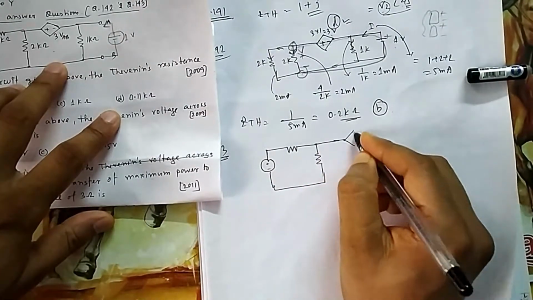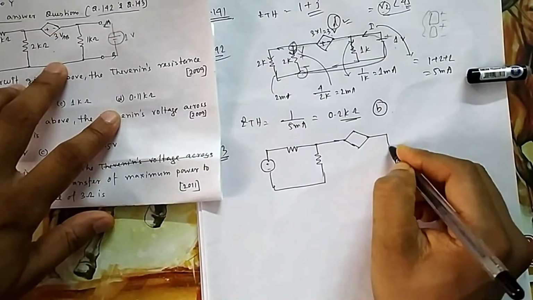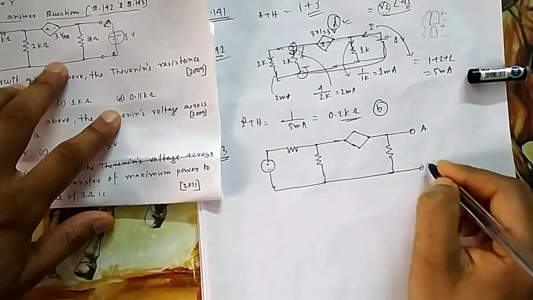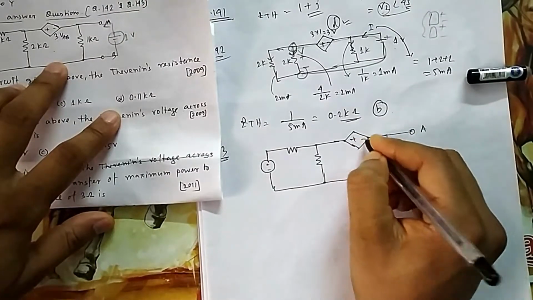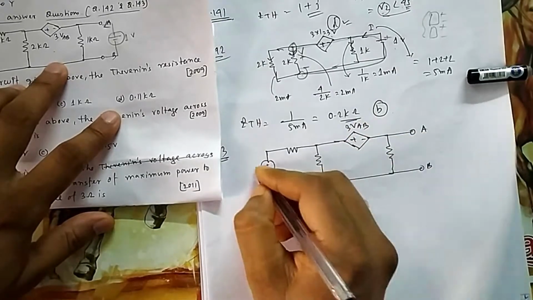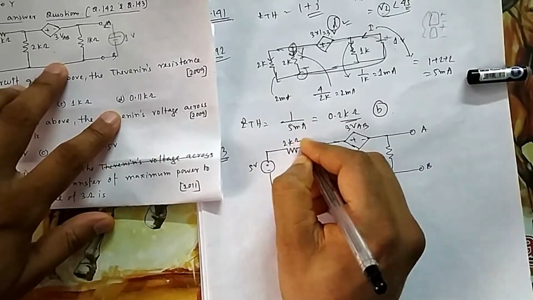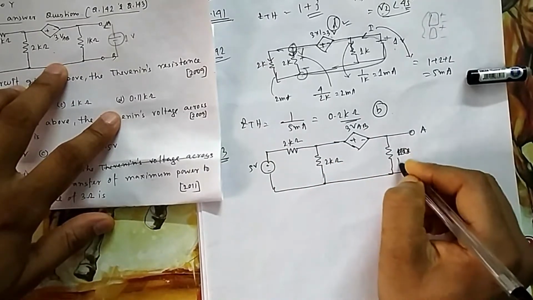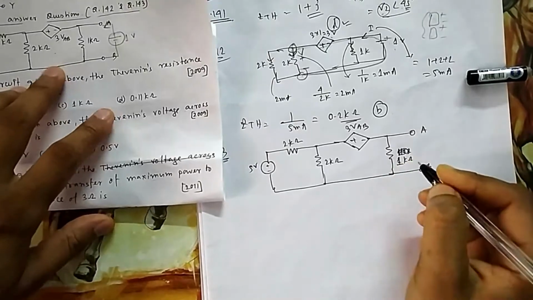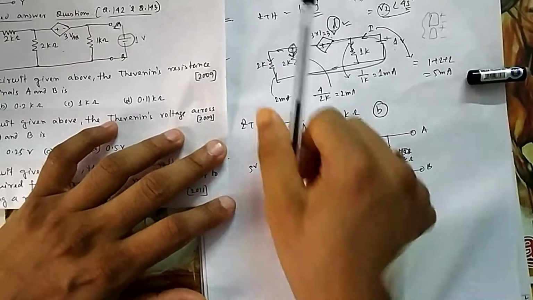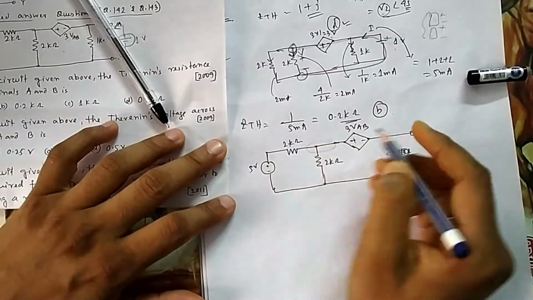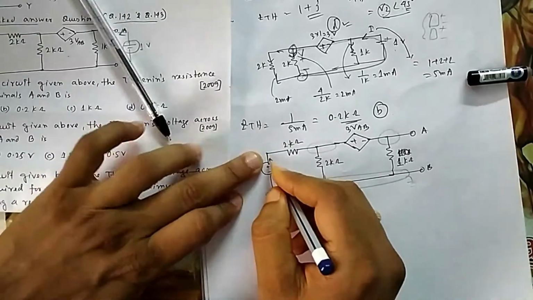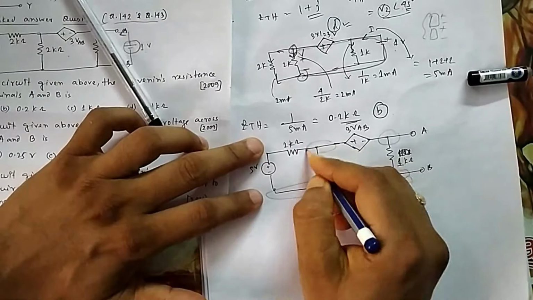In one of the earlier questions I gave a little idea about super node, but I did not solve it using super node. Here I will solve it using the super node concept. Suppose this is plus minus, this is 3 VAB and this is 5 volt. You can apply anything: KVL, KCL, mesh, nodal. But nodal is very powerful, as I always mention, so I prefer nodal. How many nodes are here? This is the reference node, grounded. This voltage you already know is 5 volt, so it is a known node. The unknown nodes are this and this.